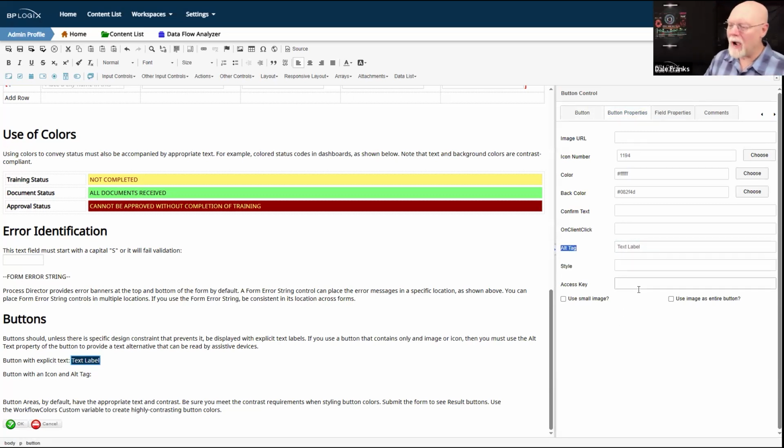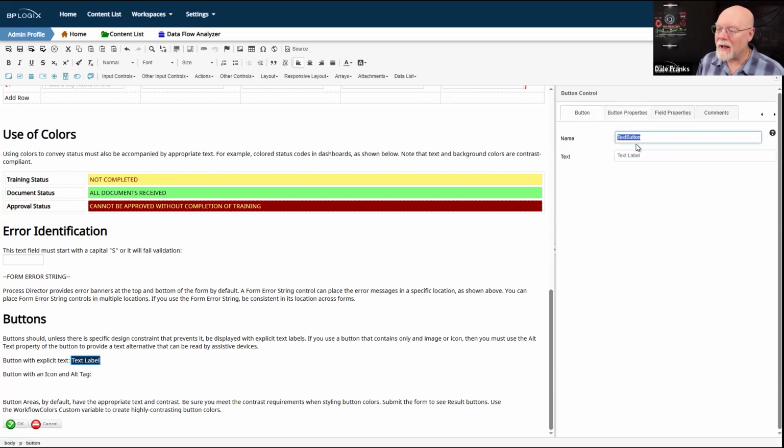So you actually need to be using the alt tag for that button so that you can see whatever the text label is. It gets repeated in that alt tag. Once again, that alt tag, even for buttons that don't have text. Now, they should, because what's going to happen on this particular button is that its text label is actually going to be read, which in this case is literally the words text label. So this is going to get read aloud to the user so that they know what this button is.